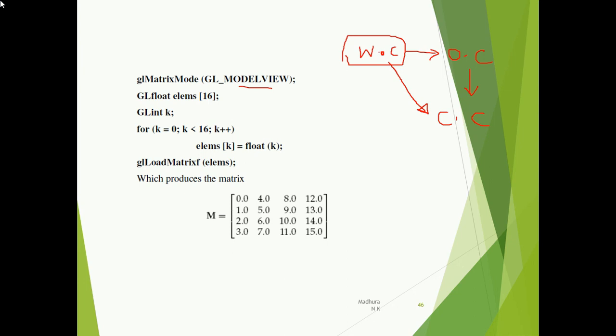So your camera coordinates will be totally different from world coordinates. So now we are actually converting a world coordinate to a camera coordinate. To do this, we have a particular function in OpenGL. That is what we are going to call: glMatrixMode(GL_MODELVIEW).